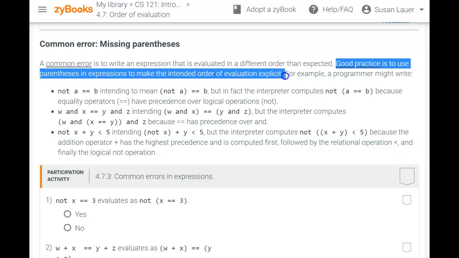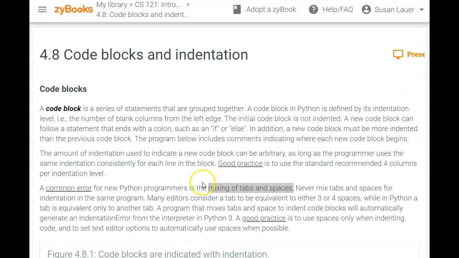So you know exactly what you wanted to do, what your intentions were for the order of operations in your expression. So we're going to have to be careful with the mixing of tabs and spaces. So 4.8 talks about code blocks and indentation. In IDLE, the IDE that we're using,